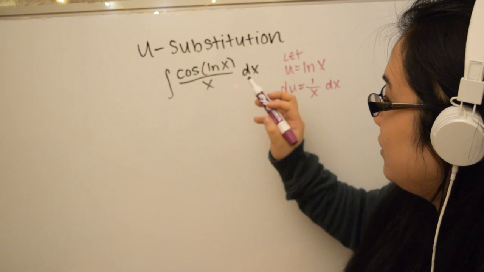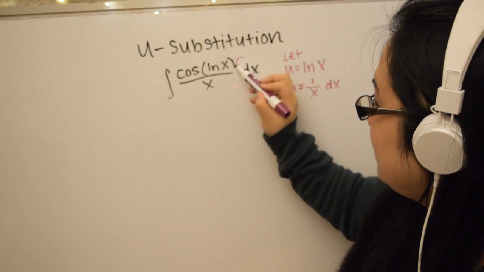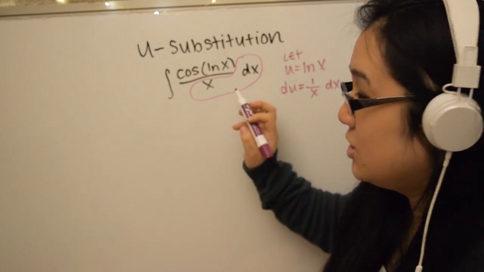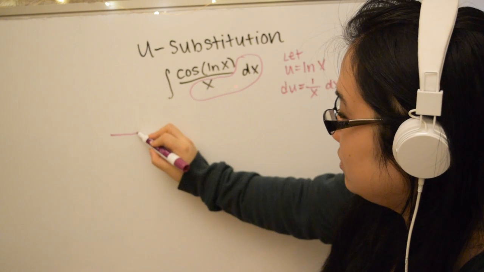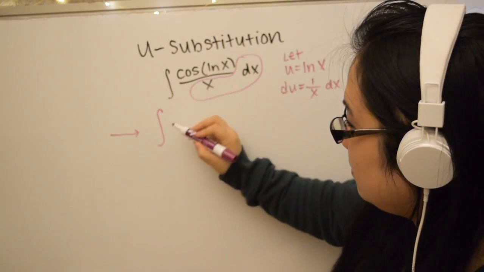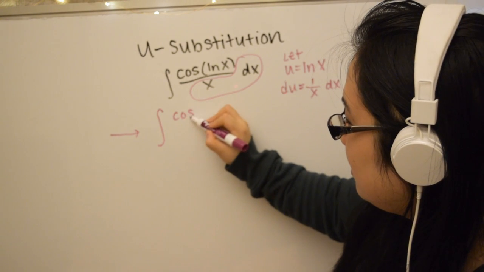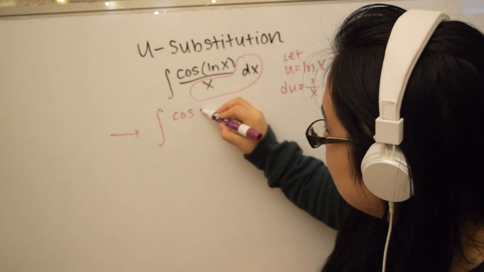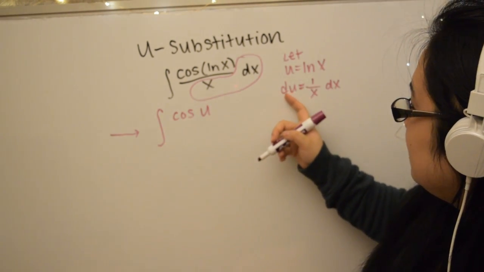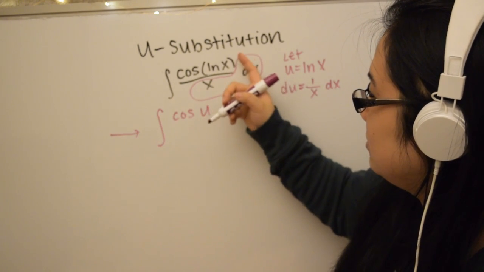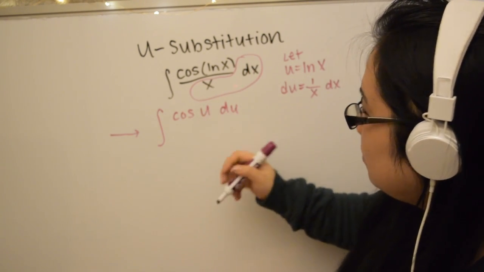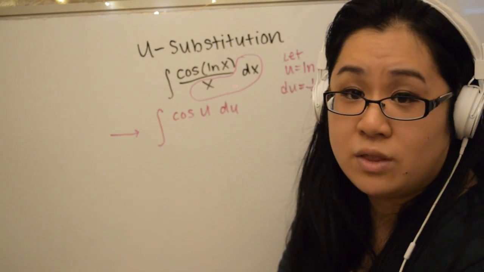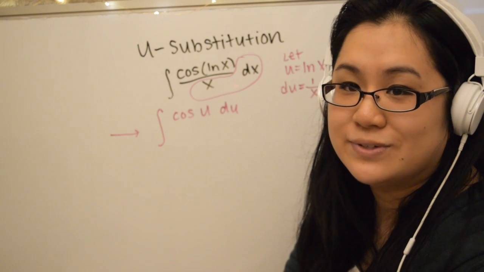But do we have 1 over x dx? We do. It's this thing. 1 over x dx is this. So when we do our actual u-substitution now, we have the integral, we still have our cosine of ln x, which is u, so cosine u, and then our du is 1 over x dx, so this whole stuff is just du. So this whole thing simplifies to cosine u du,